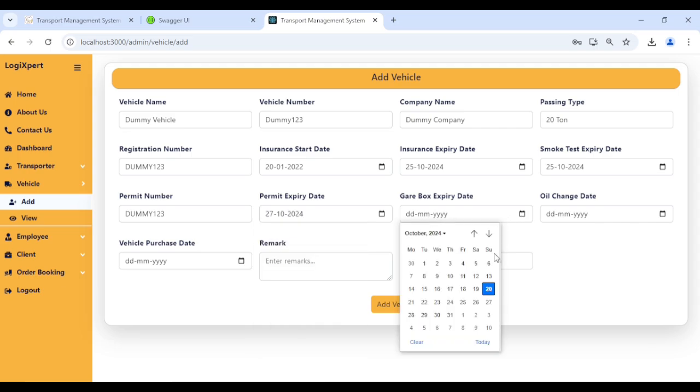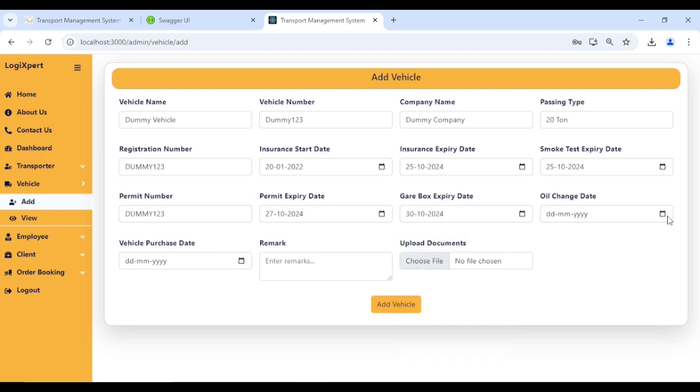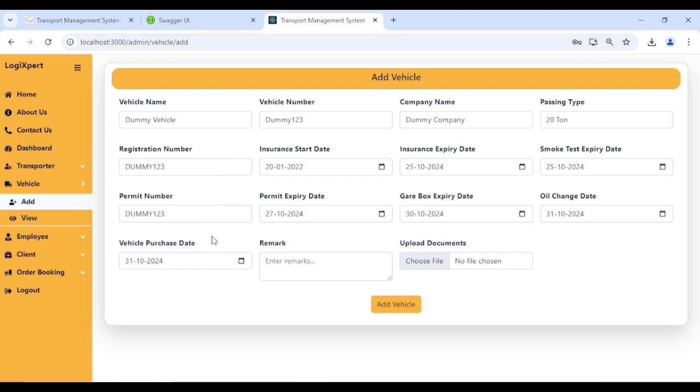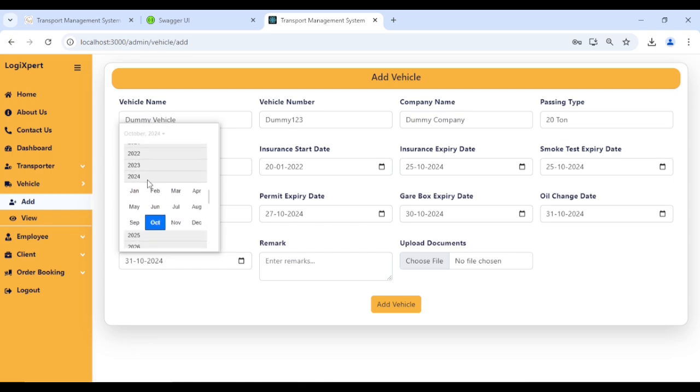Okay, gearbox expiry date 30. Oil change, it's upon us. Based on your scenario you have to add that. Since I'm just giving the demo, I'm selecting any date here. Okay, the purchase date, it should be